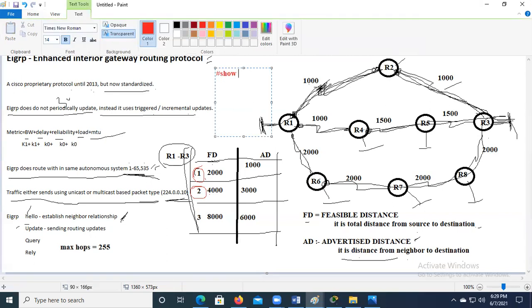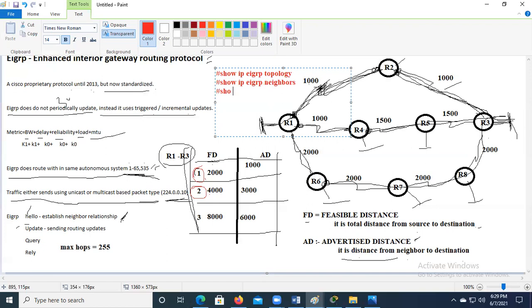So we have some show commands like show ip eigrp topology. Show ip eigrp topology to view all the successors and the feasible successors for every path. It is going to be maintained in the topology table. What neighbors are there in router 1? I want to verify. I use the command show ip eigrp neighbors. It is going to display the neighbors actually.